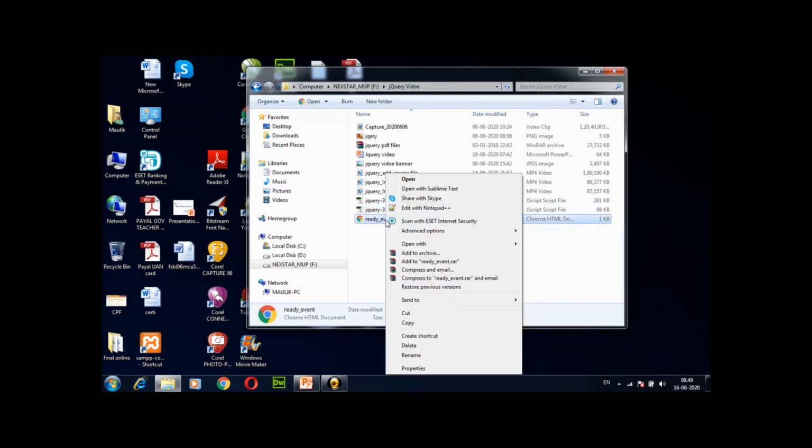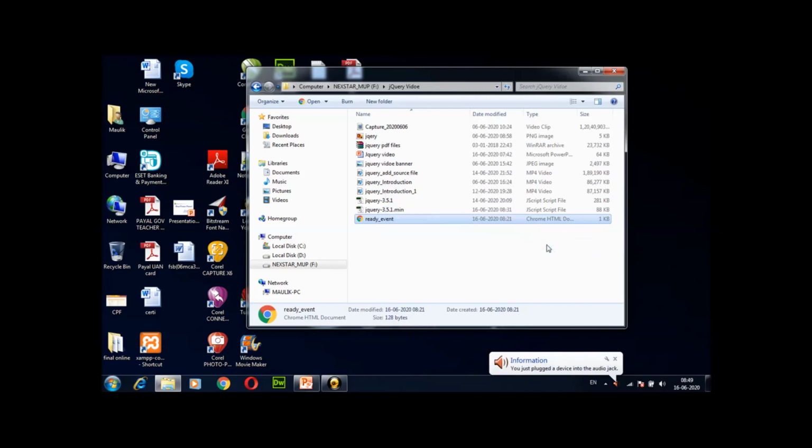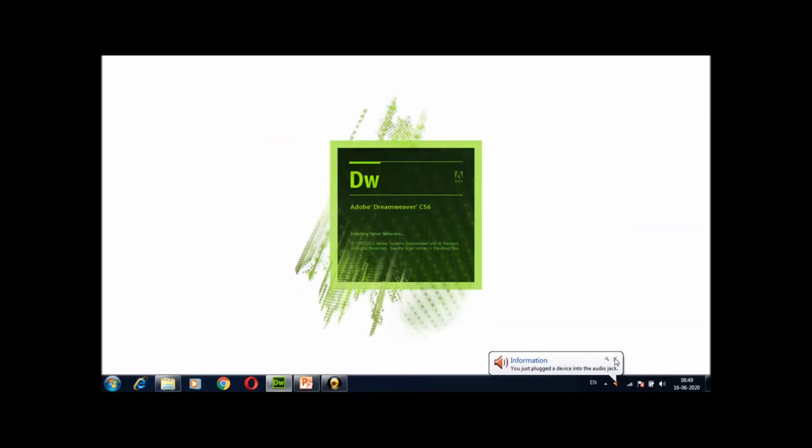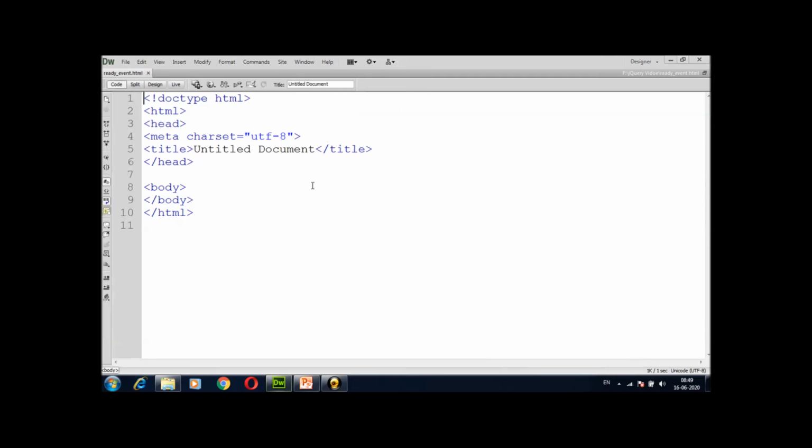Now I am opening this document inside the editor, and this document is already saved as ready_event.html, which means I am going to show you a demo of the ready event.